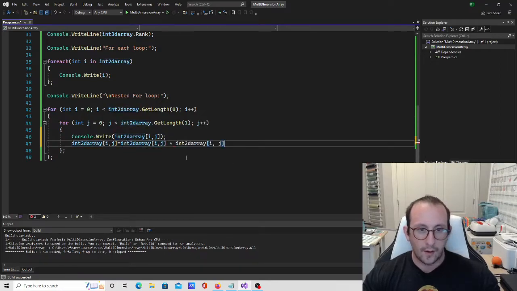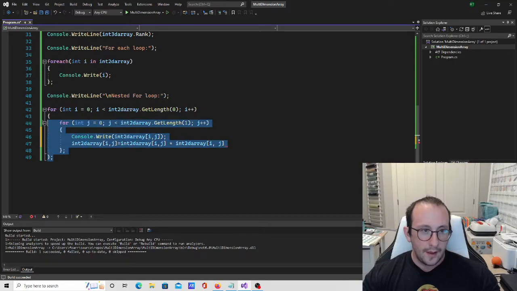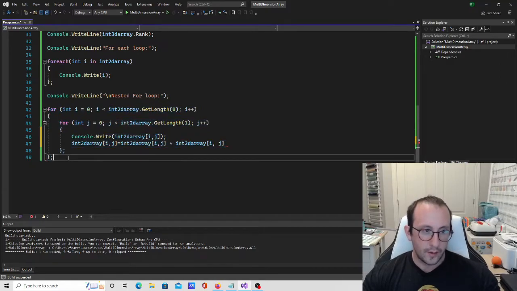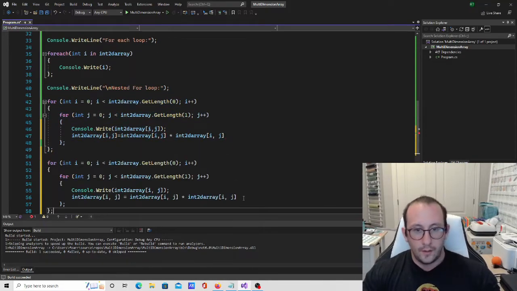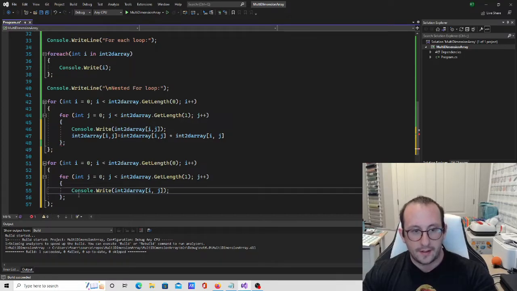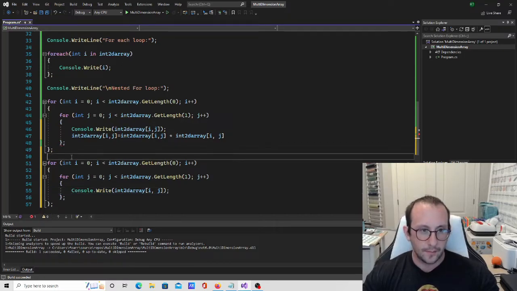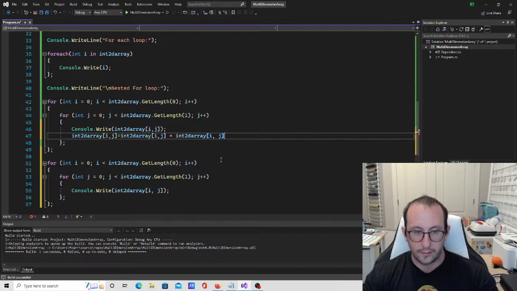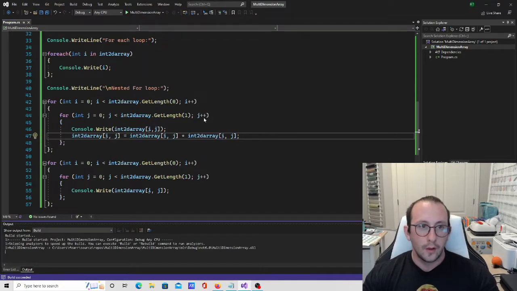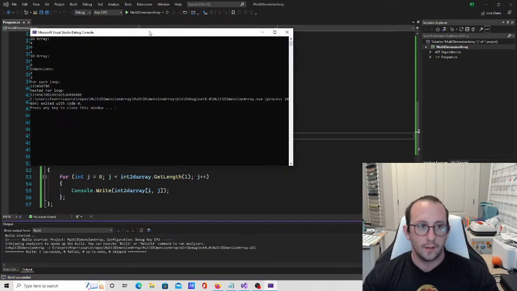So we're going to square every number, and then all we're going to do is display it again, and that time we're just going to leave it as is. So if we actually loop through it here,